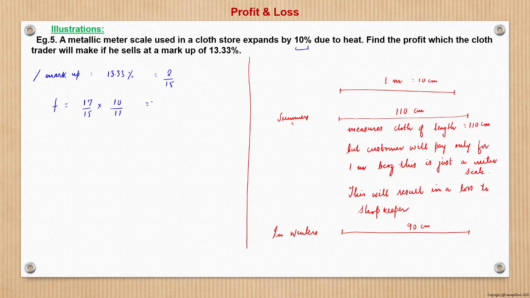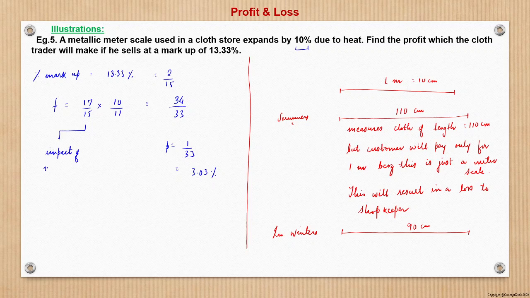So this we will solve, and after solving this becomes, I think, 34 upon 33, right? So profit basically is nothing but 1 by 33. 1 by 33 means 3.03 percentage profit. Net profit is here. This 17 by 15 is because of the